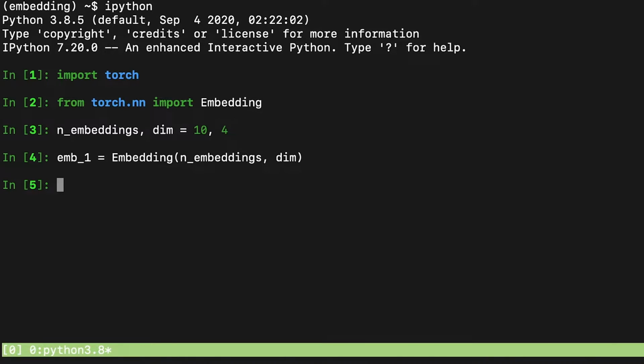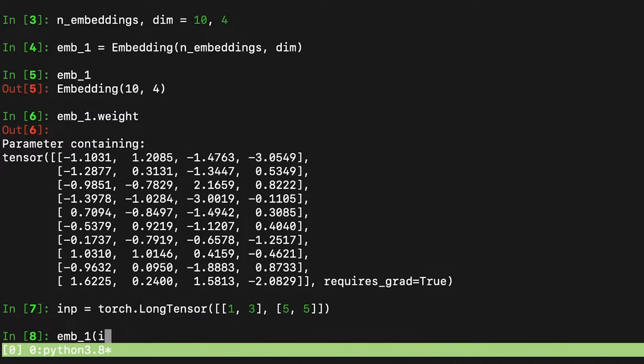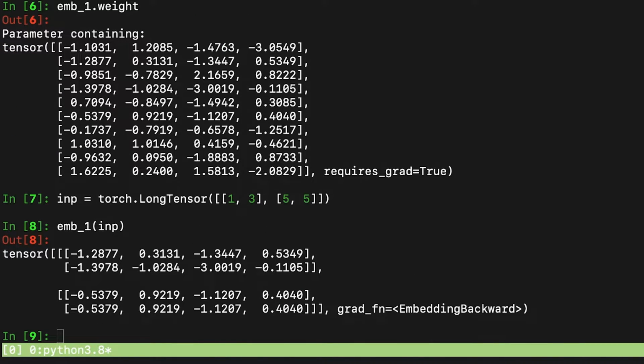First of all, I instantiate the class without any keyword arguments. The representation shows us how we constructed the embedding. However, it does not show us the underlying 2D array. To see it, we need to access the weight attribute. It is a torch parameter, and what is important is that the requires grad boolean is set to true, which means that this entire array is learnable. Let me now prepare some inputs and run the forward pass. We see that the forward pass does nothing else than just querying the rows of the underlying weight array.